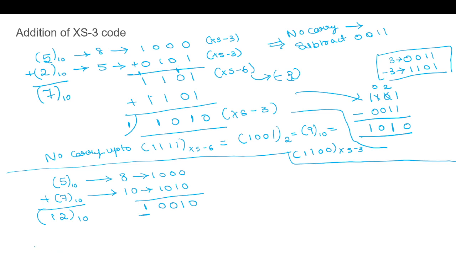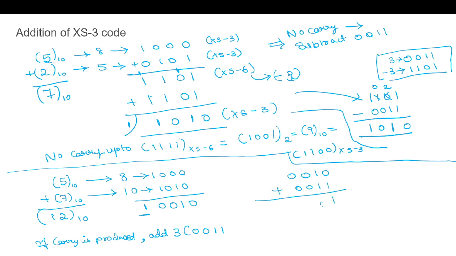So if there is a carry, if carry is produced, instead of subtracting, before we subtracted, now add 3 or 0, 0, 1, 1 to the result. So it will be 1, 0, add 3 to it. So 1, 0, 1, 0. And to this, 1 in excess 3, it is 4. So this will be the value in excess